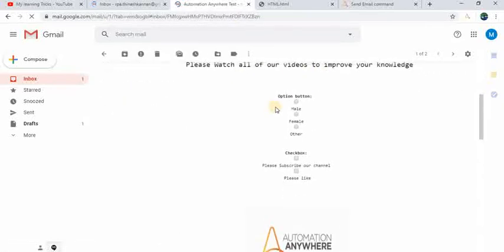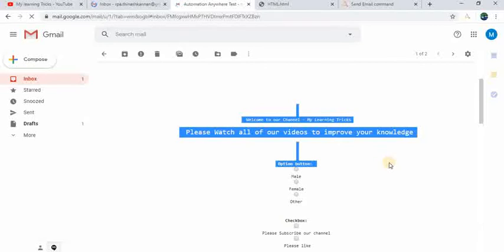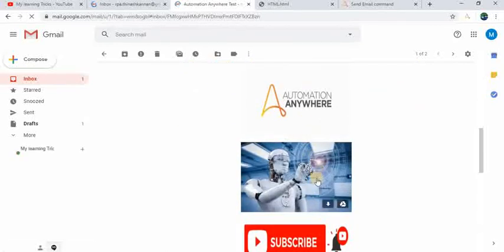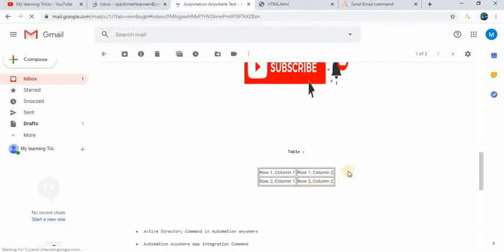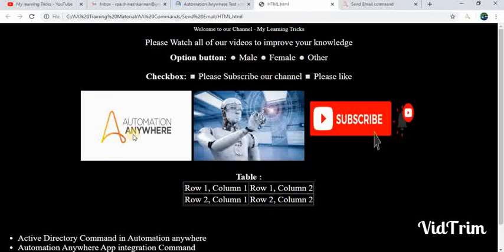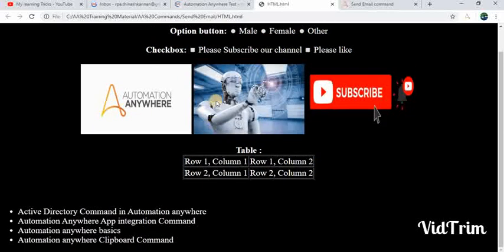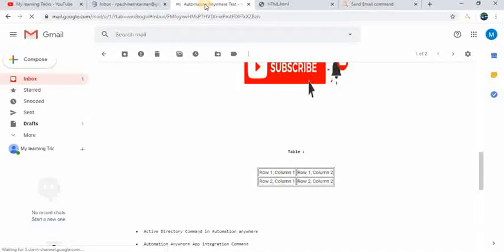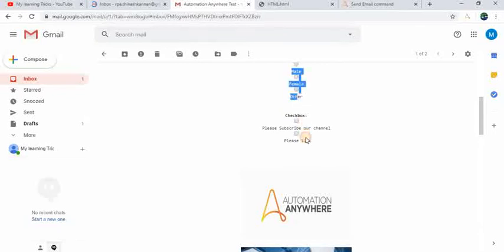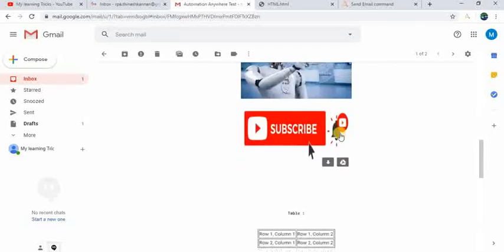Here you can see the HTML text with option buttons and the images: automation anywhere, robot, subscribe. It's not in the same format as in the web page, where the photos and the other values display in the same line, but in the email it's not displaying in the same line. However, it is able to display all the HTML values in the email.